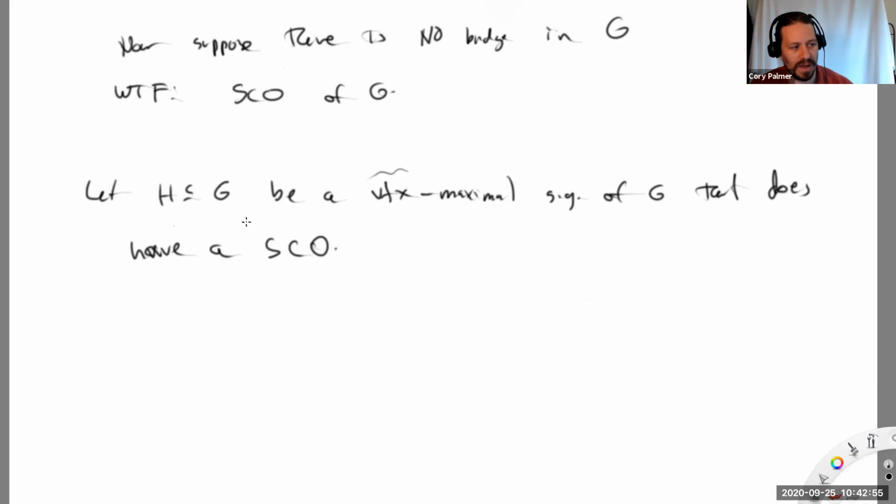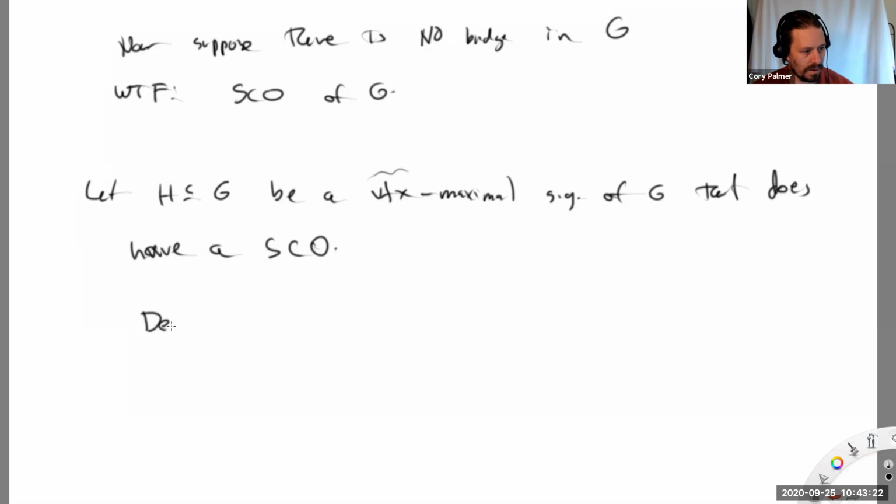By the way, these vertex maximal type problems, maximal subgraph questions, are induction in disguise. So I have to do some sort of base case. But you don't have to think about induction here. What I have to do is show, is H even a thing? Is it empty? If it's empty, I'm not going to be able to do anything. I'm not going to be able to add to it. So I need to show first that